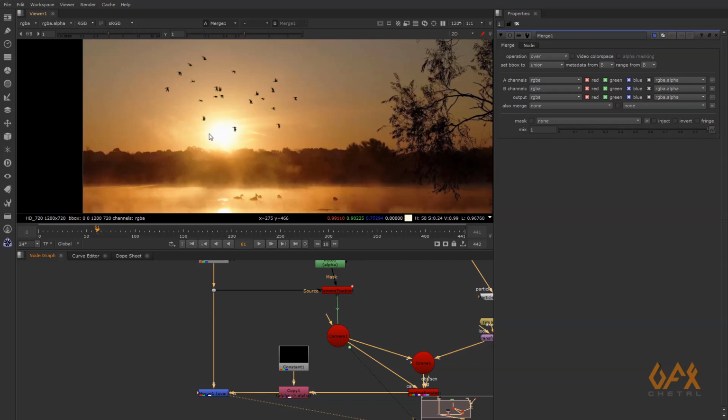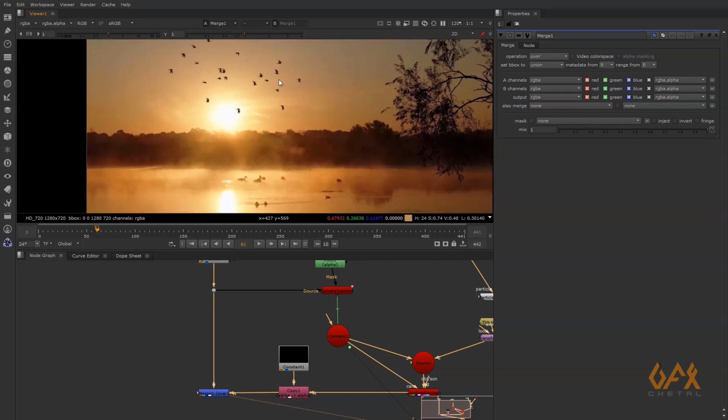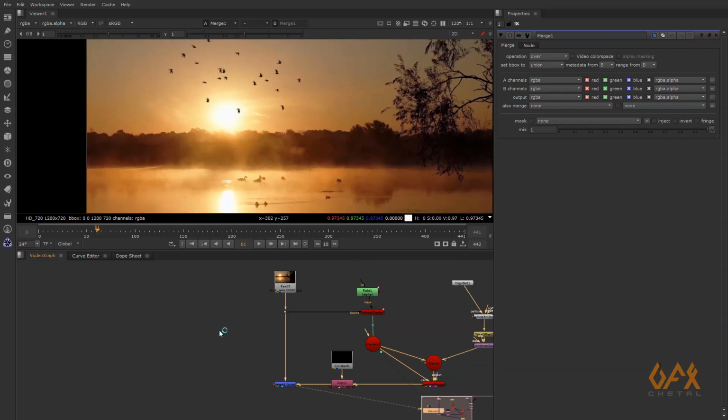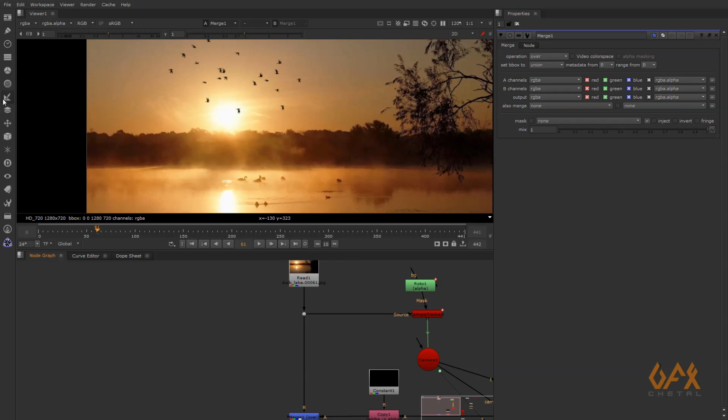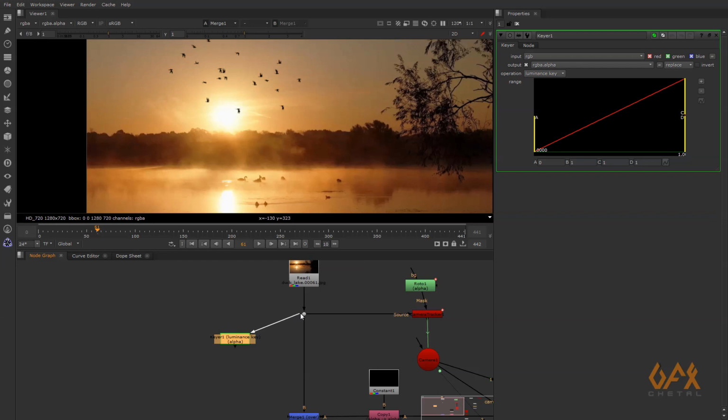Okay, but as you see over here, you need this flare effect on the bird. So for that what I need to do, I just select keyer, and I prefer keyer over here.